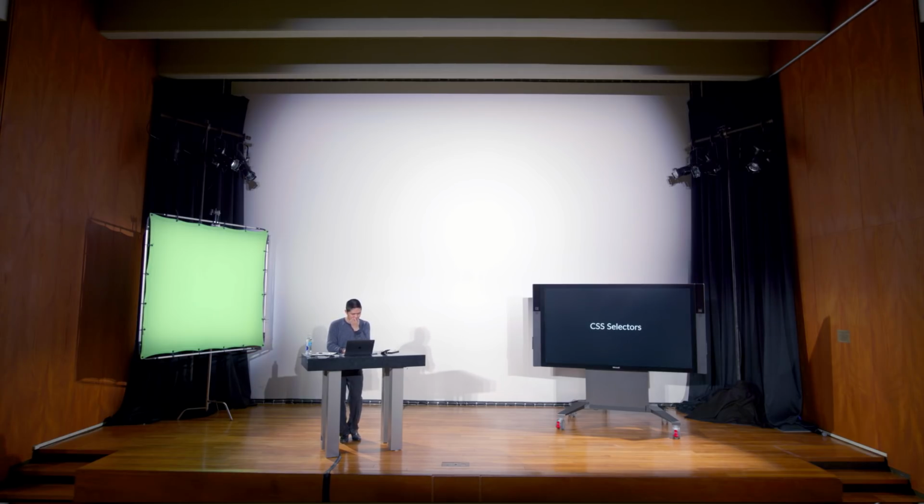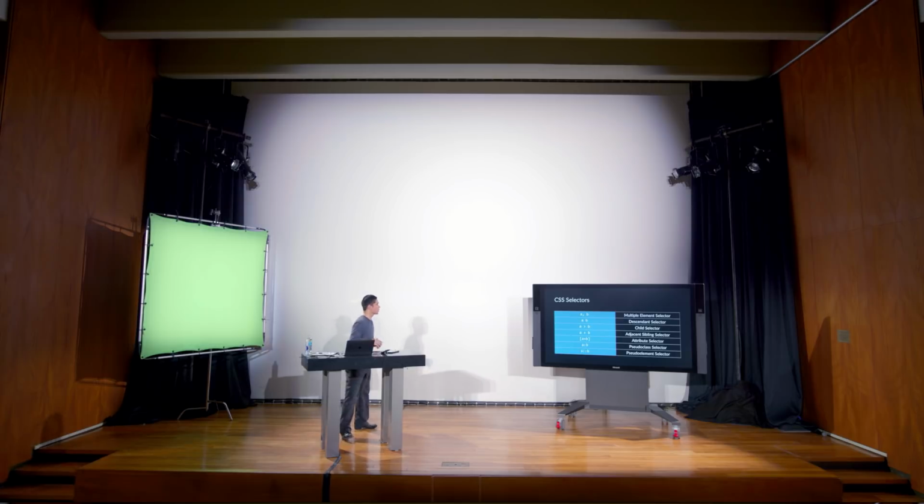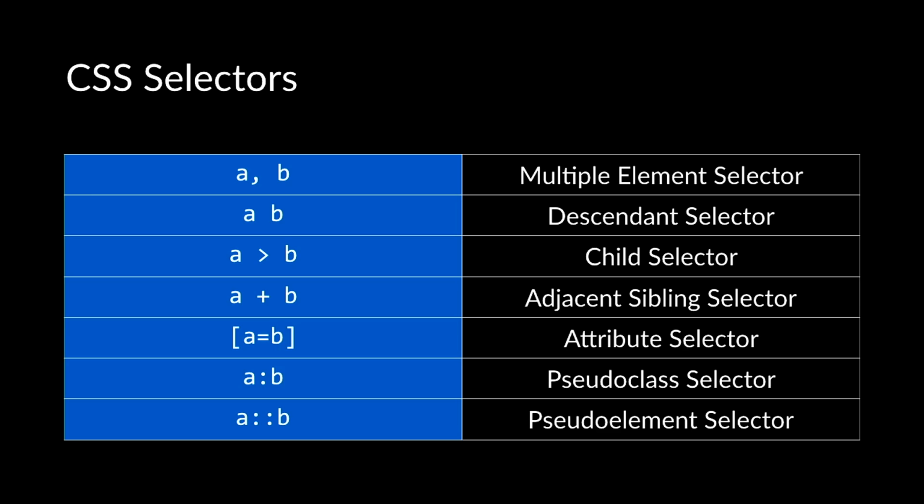And so a bunch of those CSS selectors are summarized here. We have the multiple element selector, where a comma separates two things to say I want styling to apply to both of these things. The descendant selector for when I want to select everything contained within something else. Immediate child for immediate children, but not grandchildren or great-grandchildren of an element. We didn't see this one, but the adjacent sibling selector lets you select something that comes immediately after something else. So two elements that are sisters to each other in the tree,